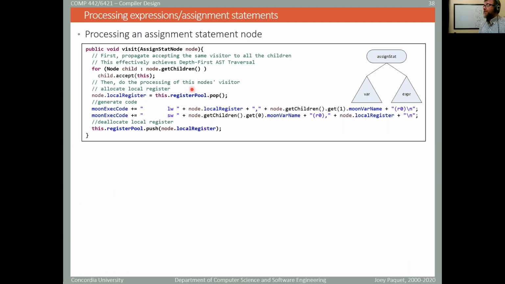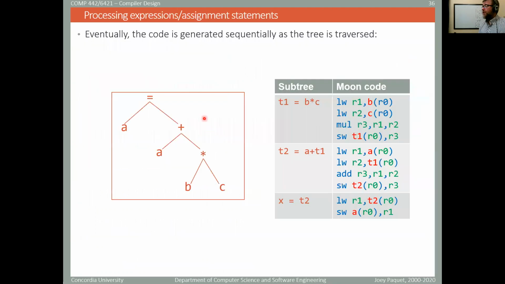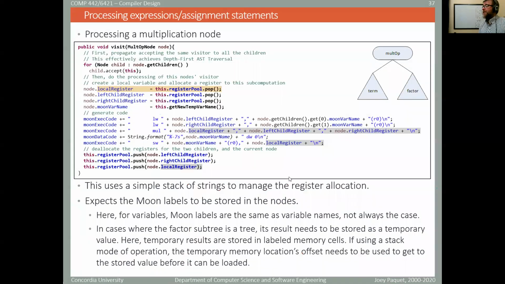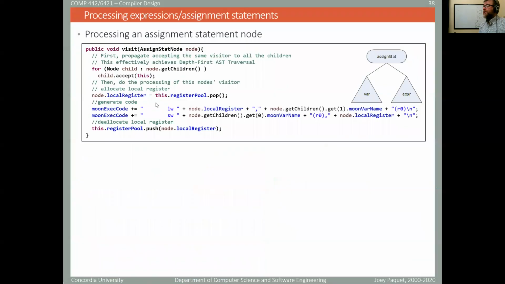That's for the assignment statement node. So if we look at the code here, the assignment statement is the last thing being processed. It has load word, store word. Okay, it uses a register. So you see that I know here that I have to use